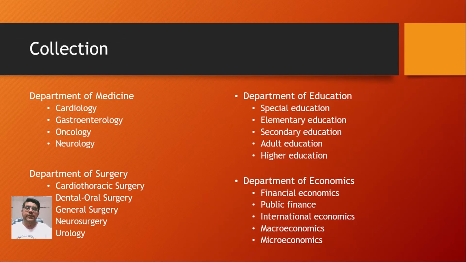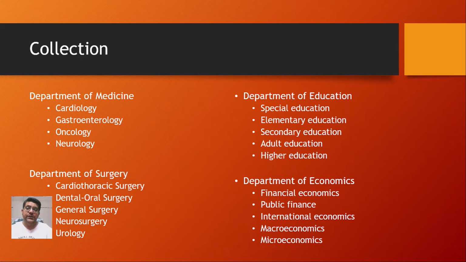For example, Department of Medicine has some sections like cardiology, gastro, oncology, neurology, and Department of Surgery also has some sections like cardiologic surgery, dental oral surgery, general surgery, neurosurgery, and urology. Similarly for Department of Education: special education, elementary education, secondary education, adult education, higher education,